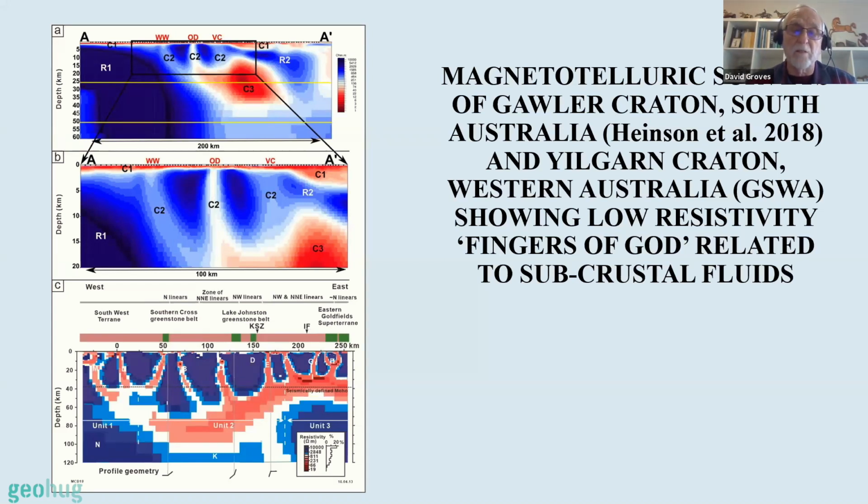You can see those low resistivity zones at about the Moho level, and some low resistivity zones up those fault zones. So I think we're going to find fingers of God in a whole range of deposits that form from these deep surveys, and magnetotelluric surveys are probably the most important geophysical surveys for these deep deposits, because seismic gives us the wrong impression of the fault